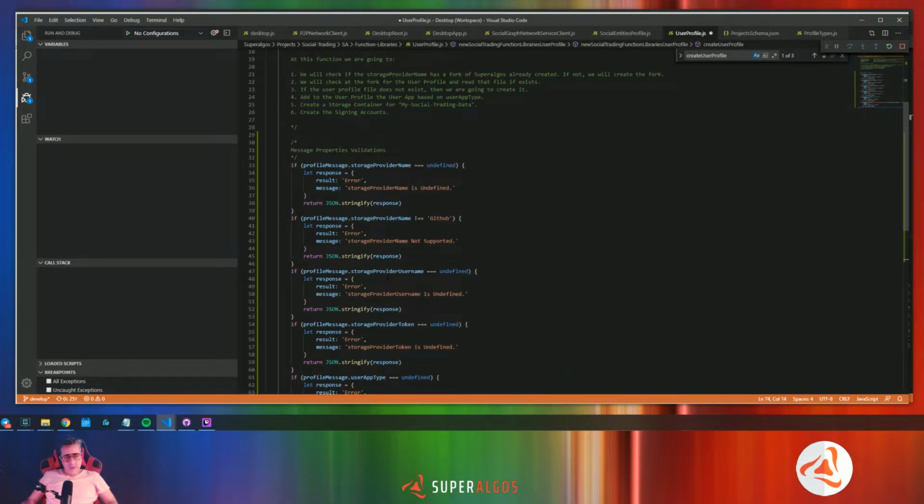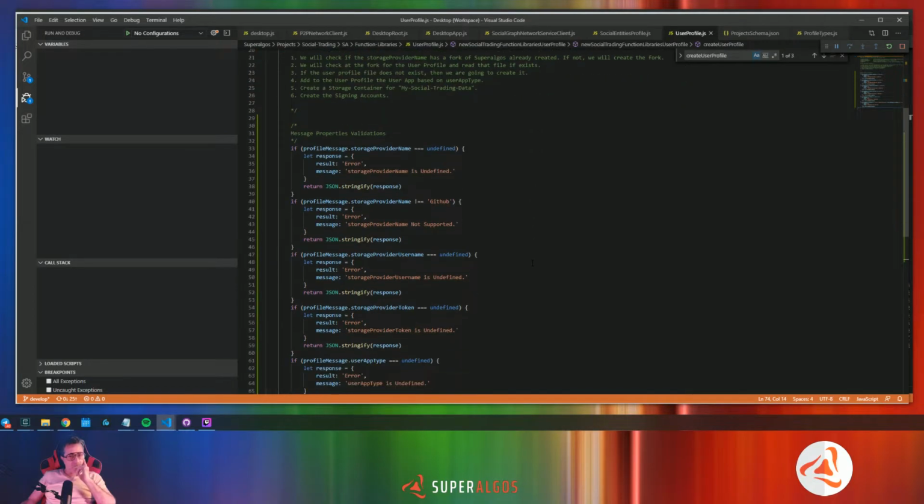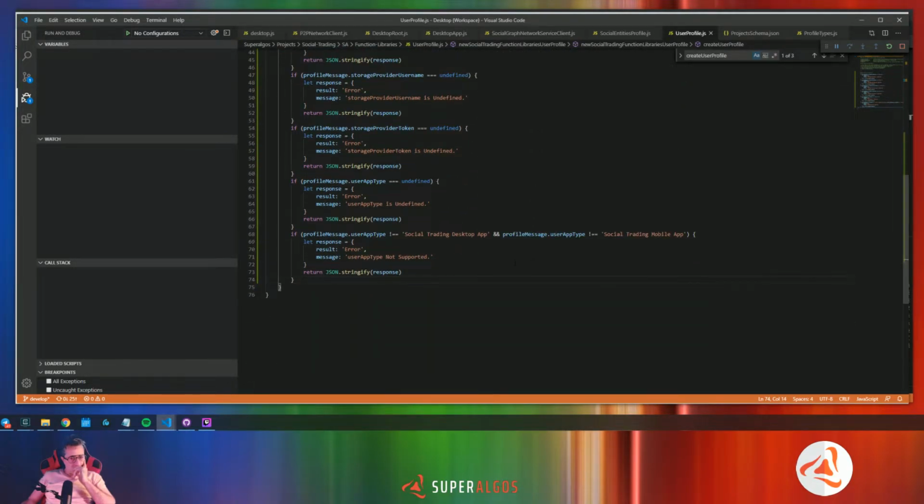Okay, so these are the validations. Then we will check if storage provider has a fork already created. If not, we will create a fork. Okay, so here we will go and do